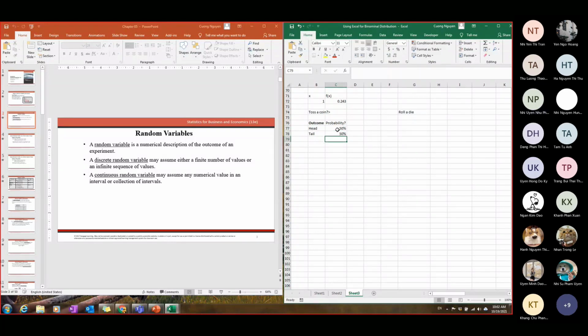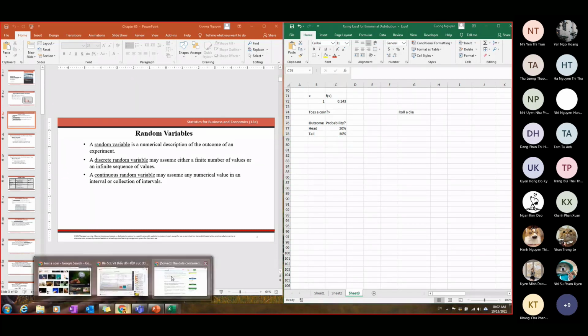This has been proven by the scientists. They say that with the two outcomes of head and tail when tossing the coin, we have equally likely possibilities of the outcome. That would be 50-50. So half of all the probability will be for the head result, and half of it will be for the tail. Okay, and same thing with rolling the die.